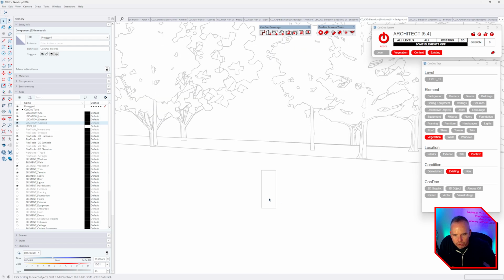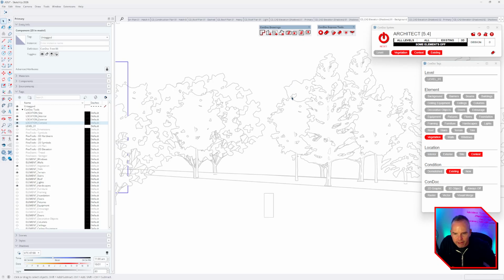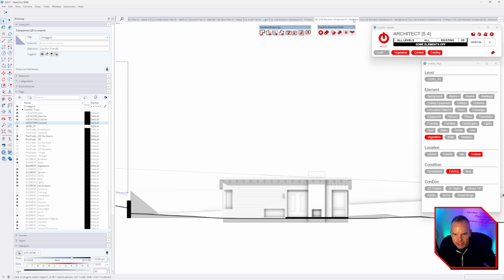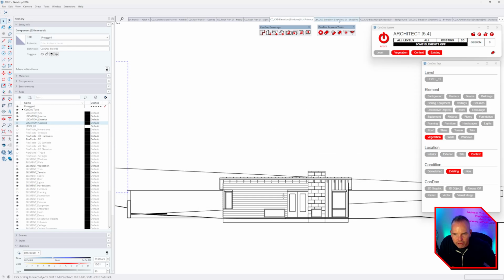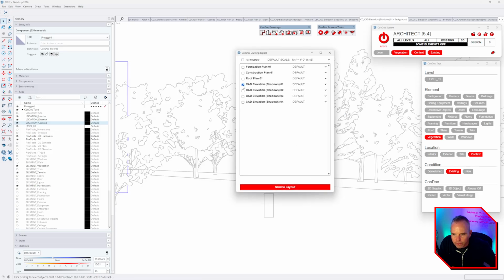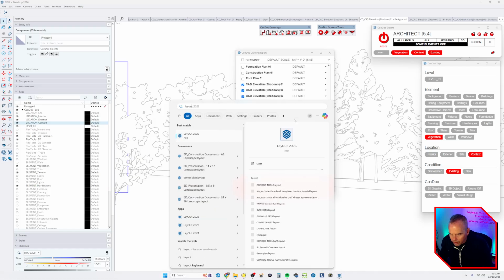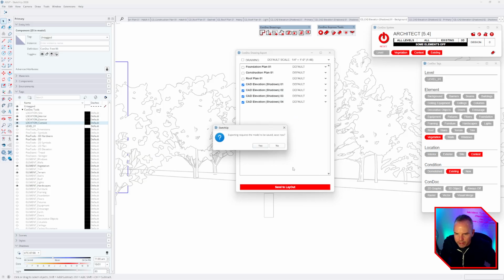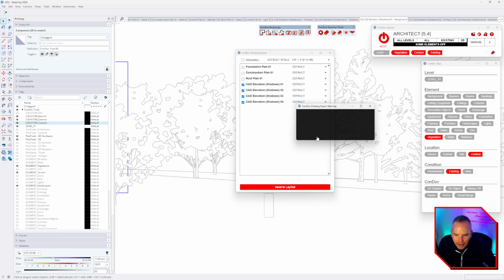So we've really improved. I'll zoom out a little bit, and then I'll do that update camera again, so you can really see how that's going to shake down. And then let's kick this over into layout. I'm going to send all these over at 1/4 inch, save that model, and I want to show you how good